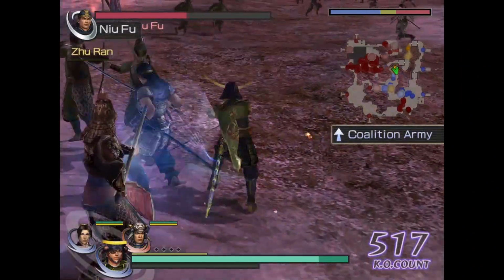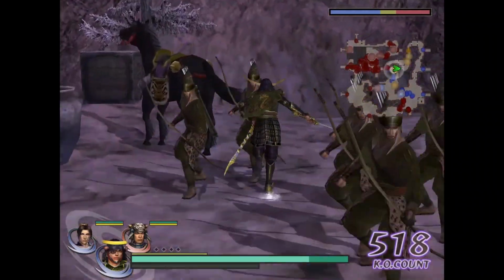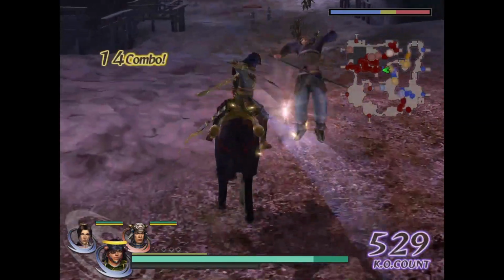I mean, this mission isn't really that hard actually. The KO count is pretty low, so I think you can definitely do this. You don't have to defeat the enemy officers in the center place actually. They will be defeated by themselves. Okay, once the fire attack is